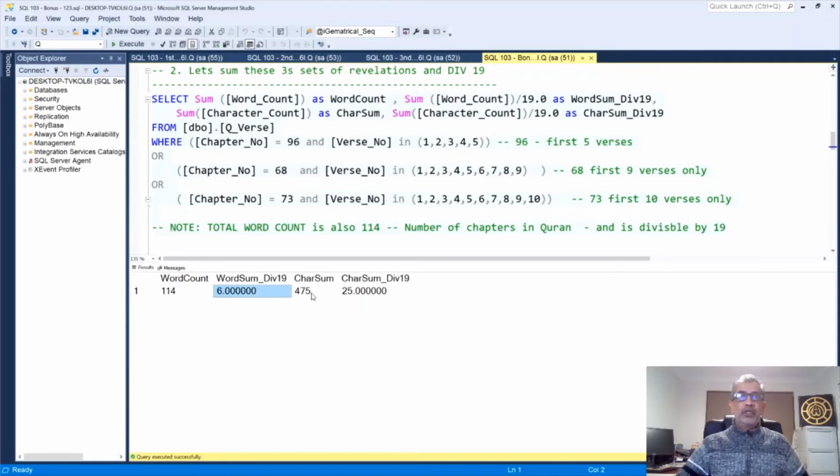So here we've got quite an interesting concept: the word count for the first 3 revelations is divisible by 19. The number of characters, letters, in those first 3 revelations is 475 in total, and it also is divisible by 19. I think that's quite an interesting